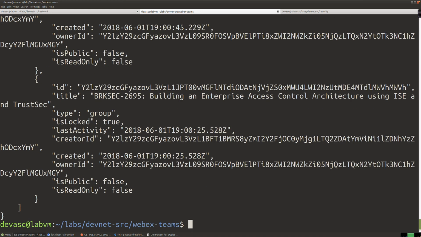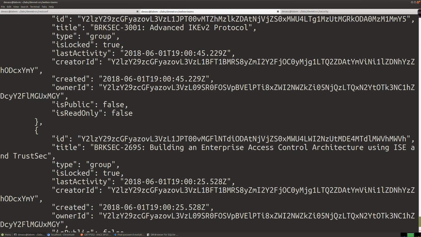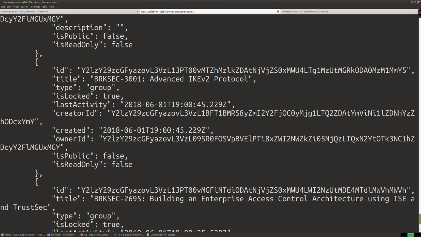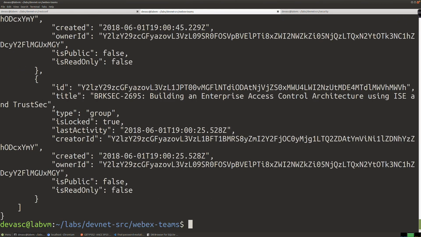And you're going to see that I'm in a bunch of rooms here. A lot of these go back to Cisco Live, right? So you can see the breakout session, 2695, Building Enterprise Access Control Architecture Using ISE. So here are all the rooms that are associated with me or that I am participating in, right? So we get a lot of this information, and what's going to happen is we're now going to go ahead